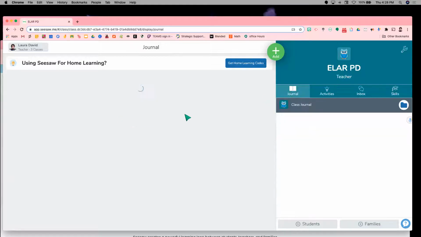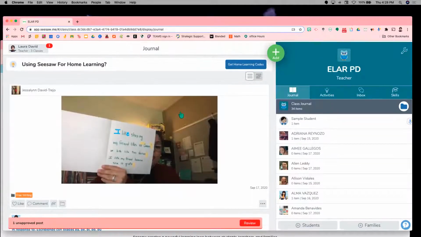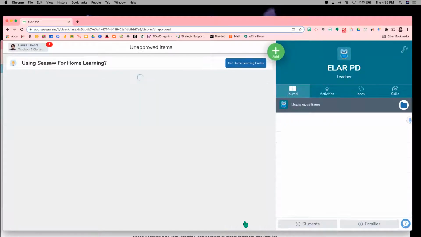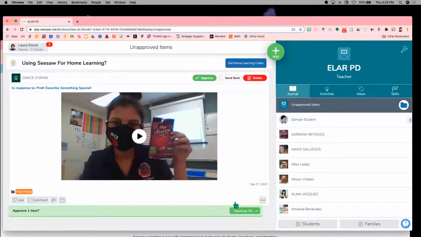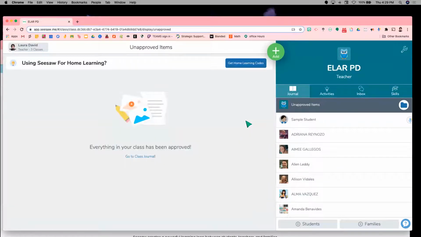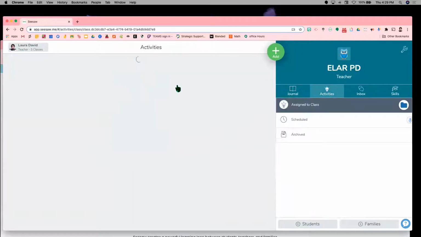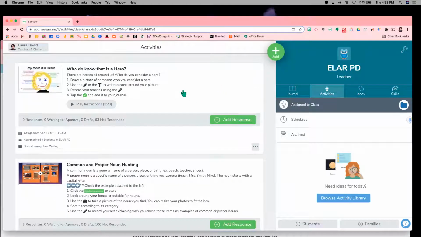So far, I haven't seen anyone else do their work. Oh, I see one more. Let's review it. Perfect. Okay, so I have a question. There's a question in here about the icons showing up in the directions when you're posting activities. As a student, what they see? Yes. Do you have those available somewhere?